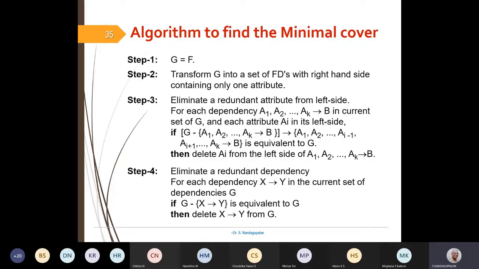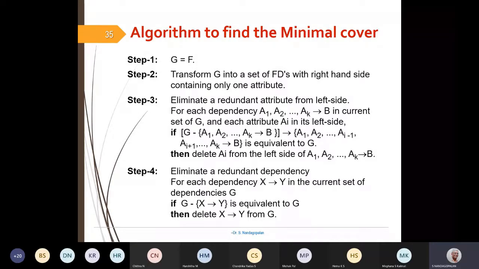So extra FDs which play no role can also be removed. Once you follow all three conditions, whatever FDs are left out is called the minimal cover. In some problems we may get more than one minimal cover.